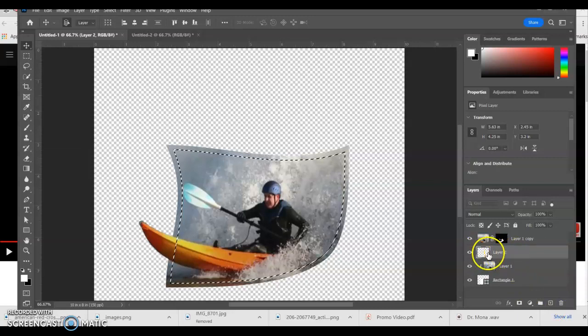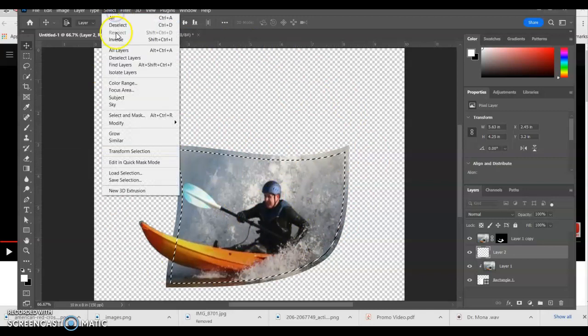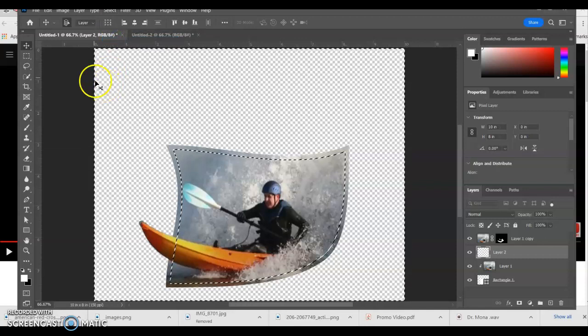With this layer selected, you need to now, before you do anything else, you need to select the inverse. We don't want to select inside of it, we want to select outside of it. So the easiest way is to go to select inverse,